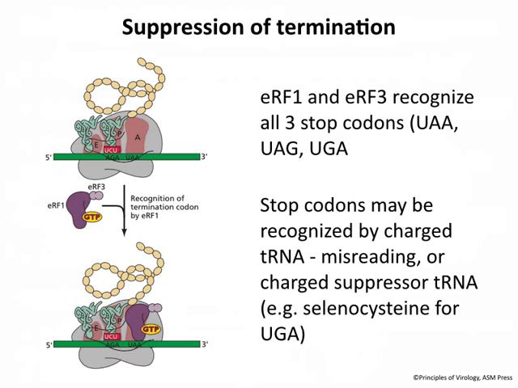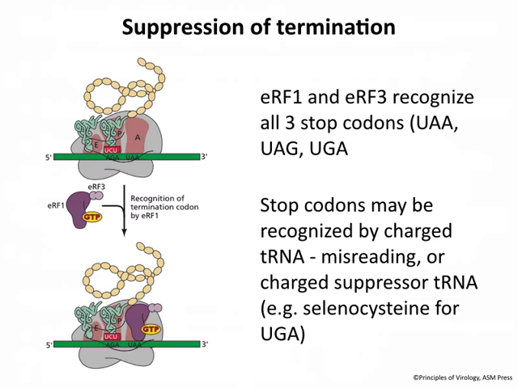Another way you can expand coding capacity is to utilize suppressors. So as you know, when translation machinery reaches a stop codon, here's UAA, one of the three stop codons, it is not typically recognized by a tRNA. There isn't a particular tRNA that would match it. But they're recognized by the termination proteins, which consist of ERF1 and ERF3. ERF1 is actually a protein that looks like a tRNA, and it binds with high affinity into the terminator site. And so what happens is the protein synthesis ends.